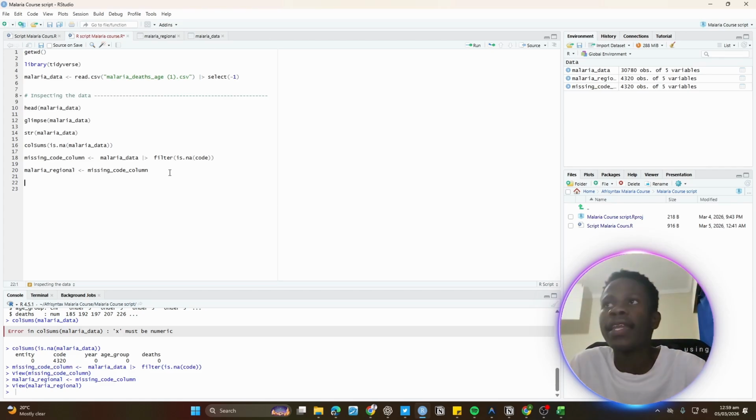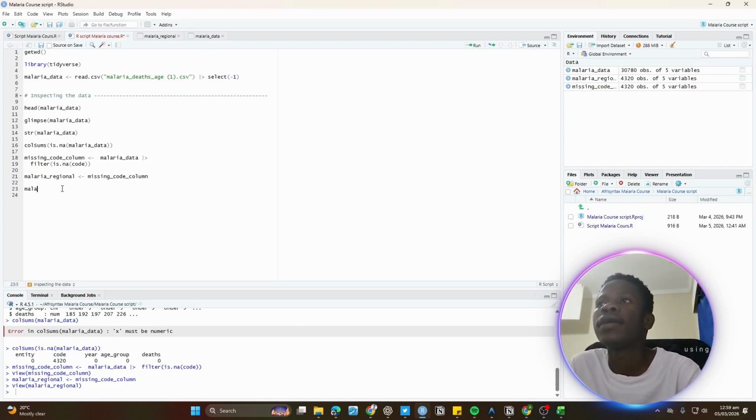Anyway, now I say we isolate the normal country data so that now we're dealing with these things independently. Since we have the regional data, let's also isolate the national data. So what do we say? Malaria national data is